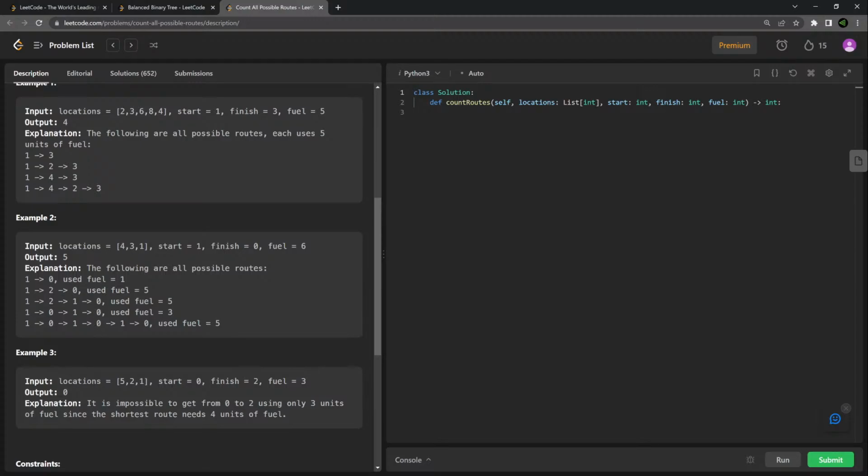So you can see that we have multiple zeros here, and 0 is the finish. So we can go from 3 to 4, back to 3 to 4, and that's what this represents. So we go from position 1 back to position 0 to position 1 back to position 0. So we've actually visited the finish twice, and this is just one more route that we could take to end